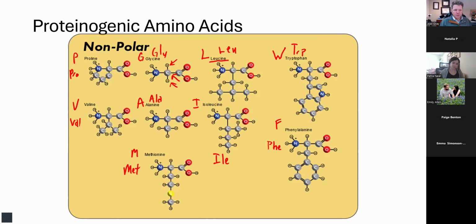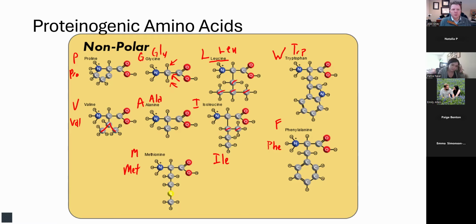So lots of people like to learn glycine first, and then they look at alanine and say, oh, well, it's glycine, but with a methyl group. So we're kind of building something a little bit more complicated. Valine kind of makes a little V there with 3 carbons. Leucine and isoleucine, people like to group those together because let's see,